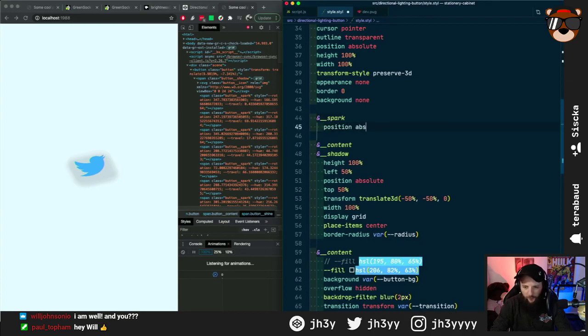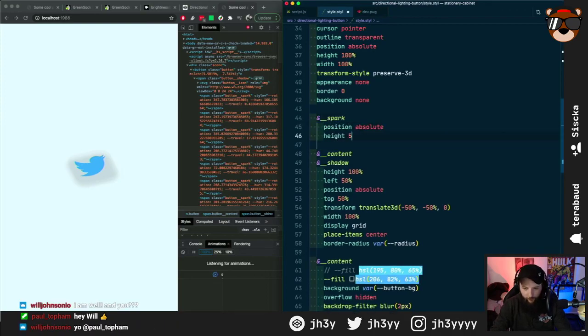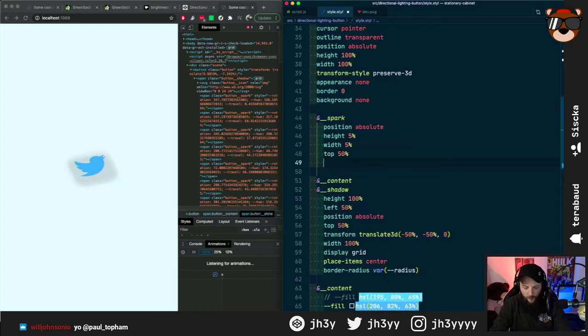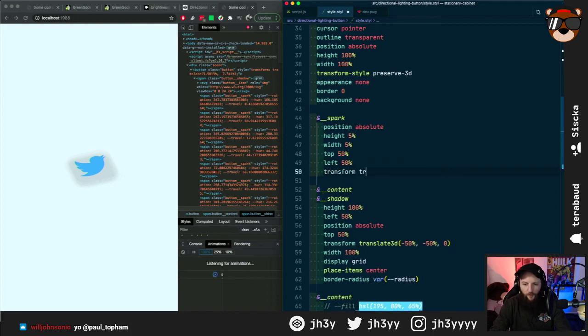So position absolute. Do a height of 5% and a width of 5% and a top of 50% and a left of 50%, and I'm going to transform, translate, and this is going to be the magic bit. So we're going to do 50% minus 50%. Getting ahead of myself because I thought I was finished, but you